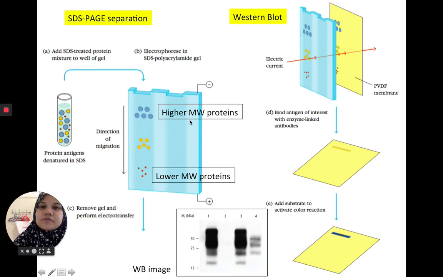And then once you've gotten that separated in the gel, you can actually apply an electric current to transfer all of the proteins in that gel onto a membrane. It's pretty neat. Just by virtue of the electric current, it pushes it out of the gel onto the membrane. So now the proteins are immobilized or stuck on this membrane. And then you can put these membranes into different, basically, baths of antibodies. And you can add the substrate